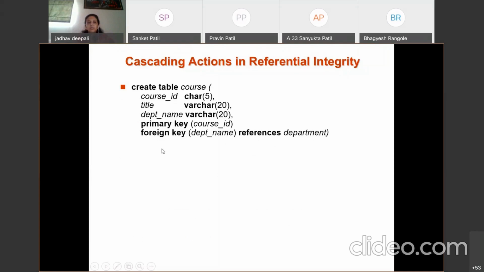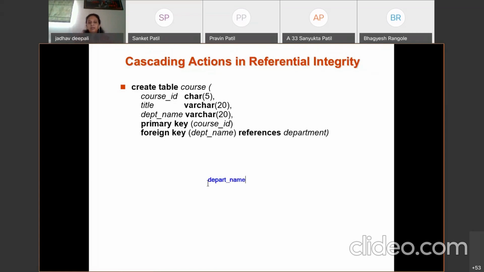Now in this case, foreign key and references are keywords. And the department name should be the same as we use in the department relation, DEPT underscore name. If we write it in a different way, it will not work.